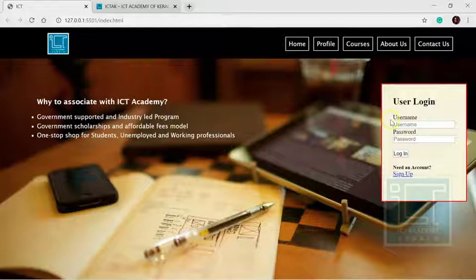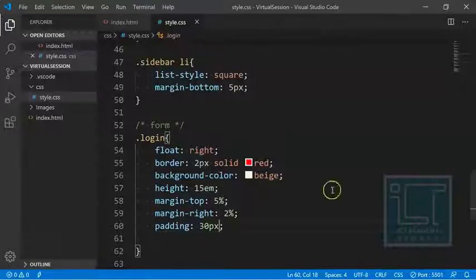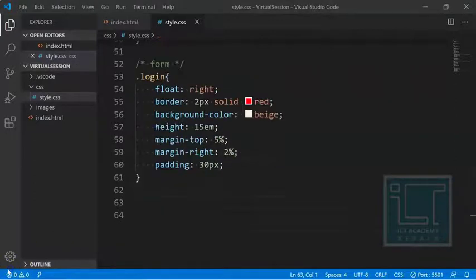Now we need to style each and every content. I'll show you the login button. See, the login button is blue in color, in line with the exact size of the input tags of the password and the username. Also the user login content is centralized. So all those styling needs to be done additionally. So now let's set each content of the form.